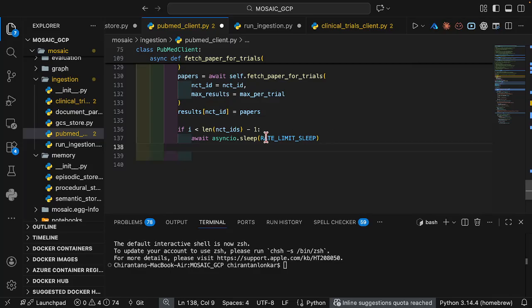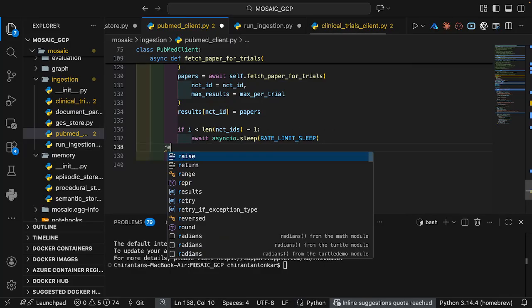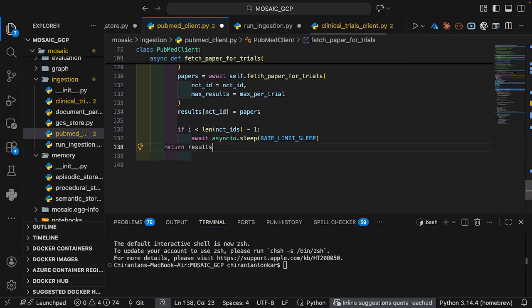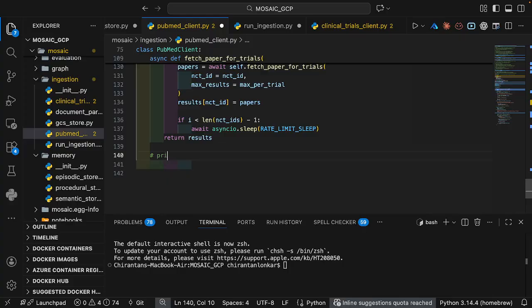So I'm just going to say return results, which is your dictionary, okay. Then I'm just going to write the private method, which is to search for paper IDs, okay. And this is also called as what? eSearch,